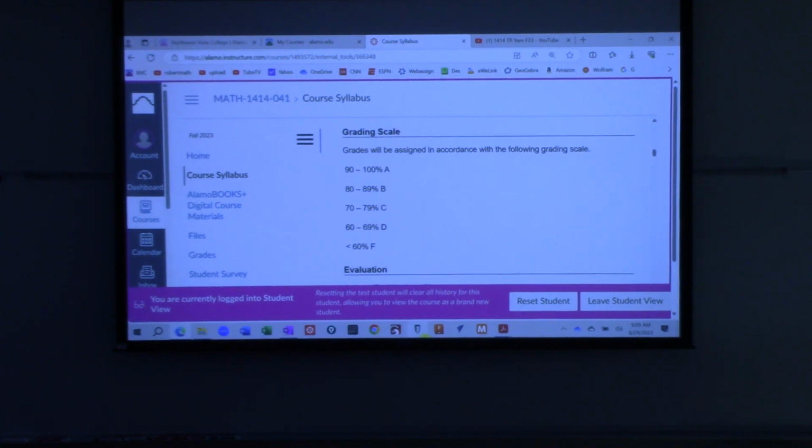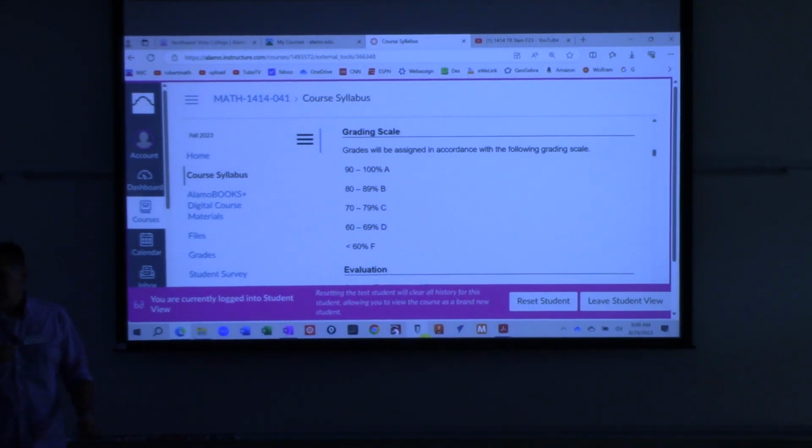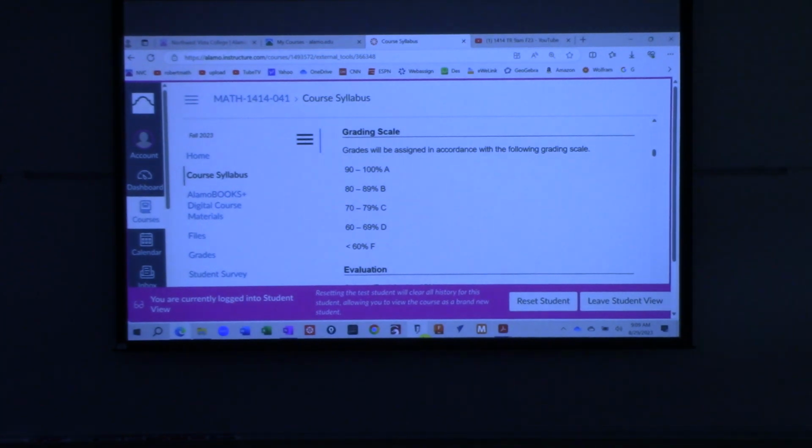Your grades, standard grading scale, okay, it's a college level course. A, B, C, D, F are the only grades I can give you. And so I do round up, of course. 89.5 would be an A, right? And in college, there's no difference between an 89.5 and 100, right? A student who gets 100 and a student who gets an 89.5, on paper had the same grade in this class, all right? Some colleges do it a little different. They do A plus, A minus. Here in most public institutions, they just do A, B, C, D, F, right? Now, they do look at your GPA, but GPA only looks at A, B, C, D, F. So, yeah, that's the way it goes.